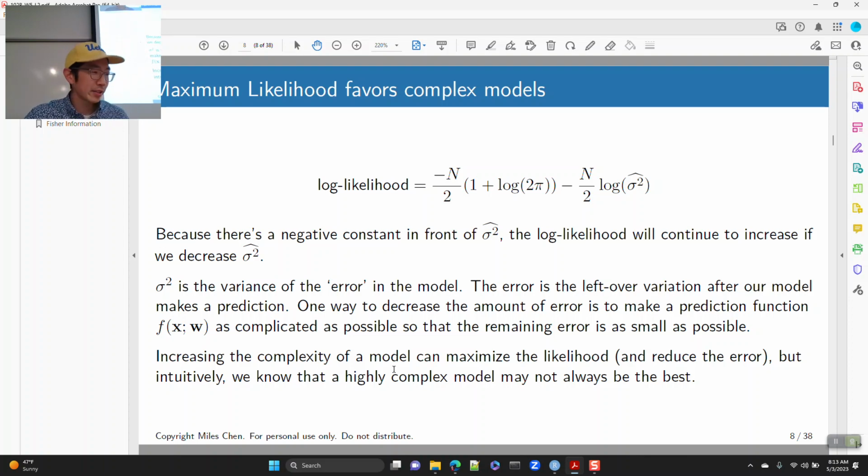And so again, we run into this bias-variance type of situation where we say, all right, we can keep increasing the complexity of the model, and that's going to maximize the likelihood of our data, in that we're shrinking our errors to be as small as possible. But we also know making a super complicated model is not a great idea. But that's not reflected. If you have a single-minded goal, minimize the sum of squared errors, which turns out to be the same thing as maximizing the likelihood of your data, if you have this single-focused thing,